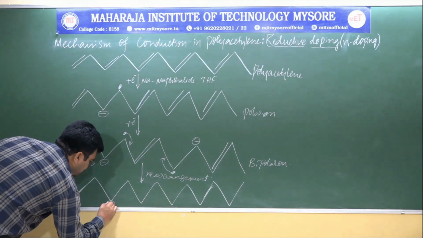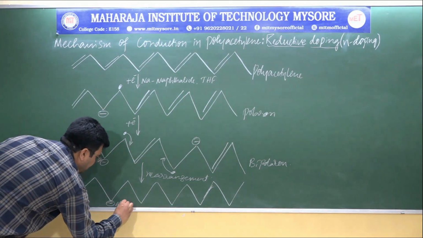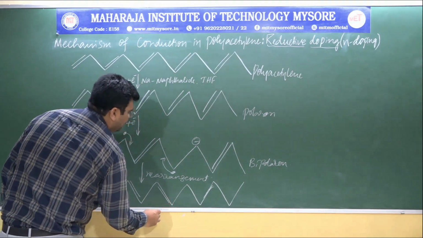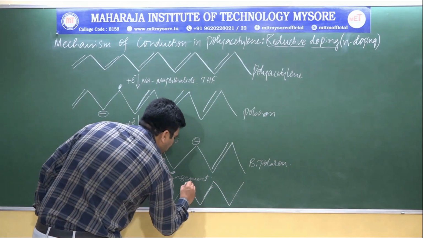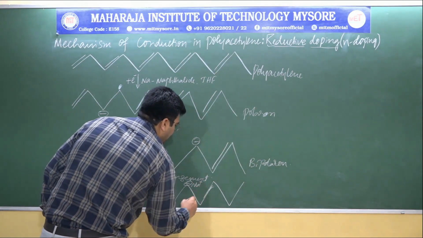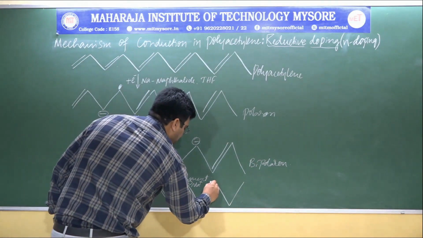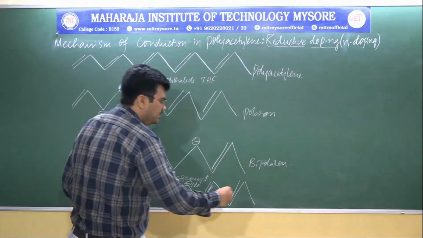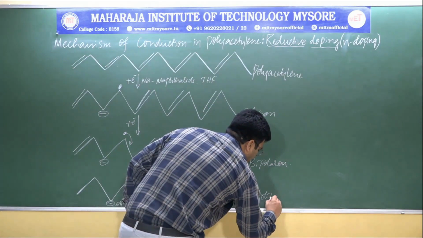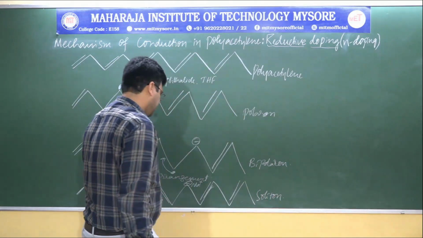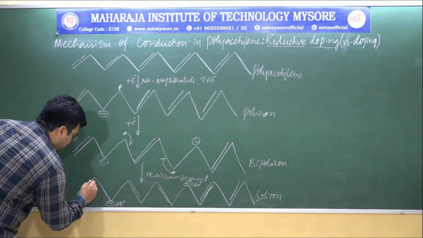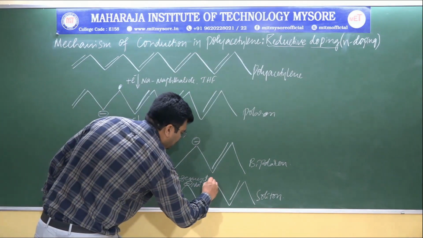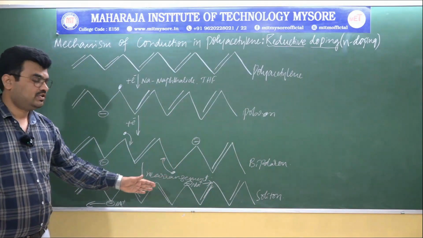This negative charge is compensated by positively charged Na plus ions, and a double bond will be formed here, and this Na plus will be compensated, and this will be there as it is, right? This is called a soliton pair. So if you apply potential, these will start to migrate towards opposite electrodes,